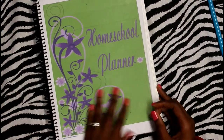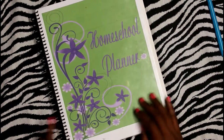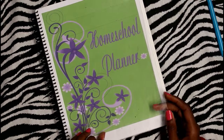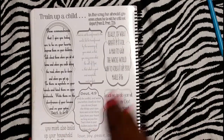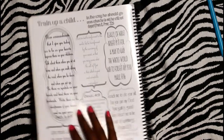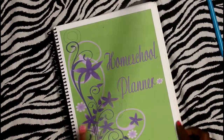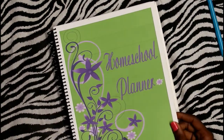So what I did was I took all my pages that I had and I took them to Office Depot and I had them hole punched and coil bound, and I also got a plastic cover for the front and the back. The back just has some different quotes on educating children. Again, this cover and a lot of the pages were from Tina Robertson's